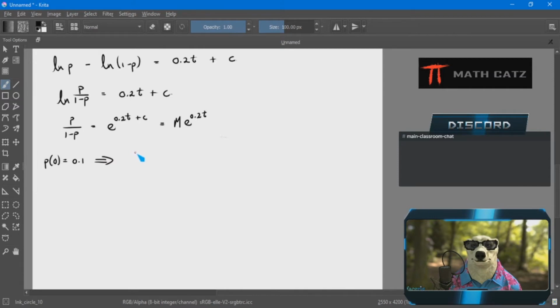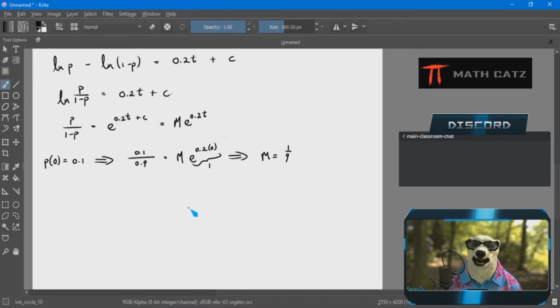So p is 0.1, and so 1 minus p is 0.9, and that is going to give me e to the 0.2 times 0 for t, and again, like always, that is going to be 1 when time is 0. So m is, I can simplify it to 1 over 9,